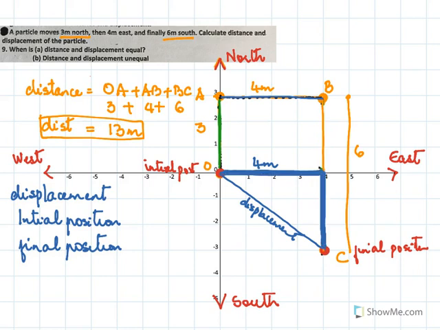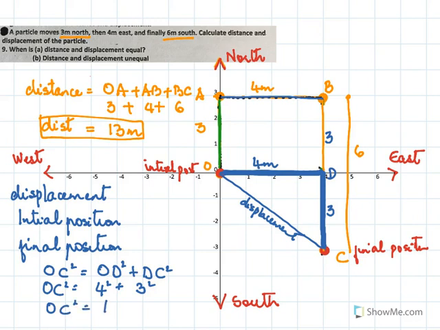So now to find my OC, I'm going to use Pythagoras Theorem. For Pythagoras Theorem, we know that the hypotenuse OC square equals, I'll put this point as D, OD square plus DC square. This was 3 meters. This was also 3 here. So OC square equals OD, which is 4 square, plus 3 square. Your OC square is 16 plus 9. OC square is 25. So OC will be under root of 25 and OC will be 5. So this is my 5